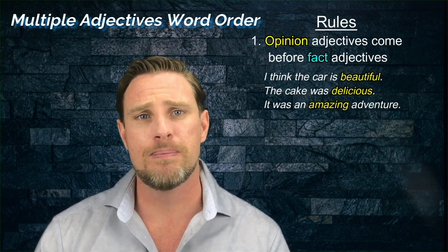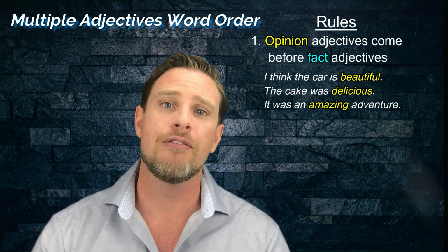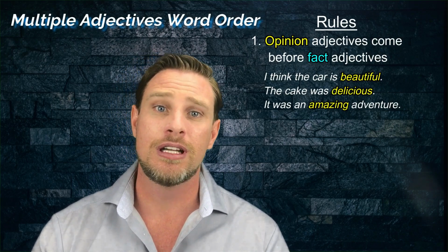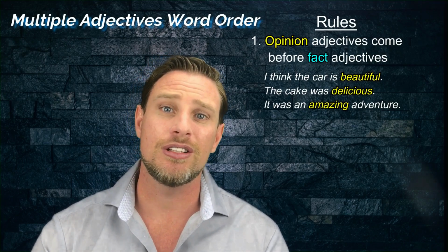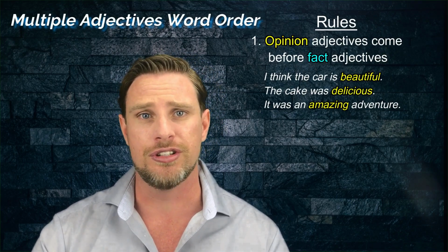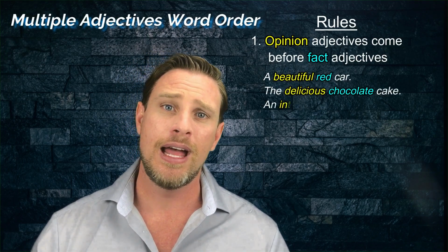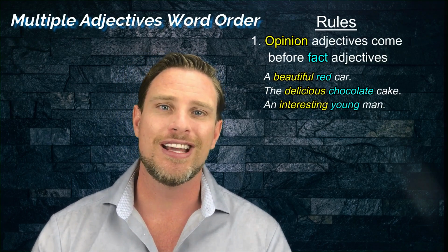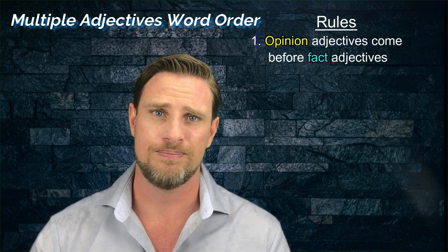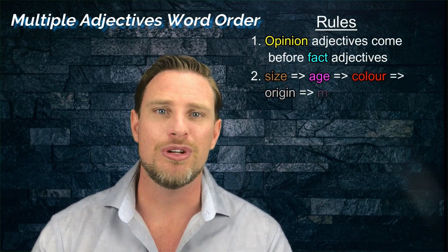Conversely, adjectives like big, white, old, hot, cold, etc. are fact adjectives. They give us more information about size, colour, age, etc. So rule number 1, opinion adjectives almost always will be our first adjective. A beautiful red car, the delicious chocolate cake, an interesting young man. Okay, rule number 2. Fact adjectives very often go in the following order: size, age, colour, origin, material, and then